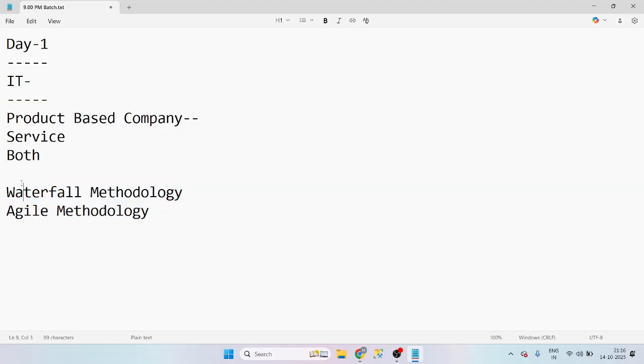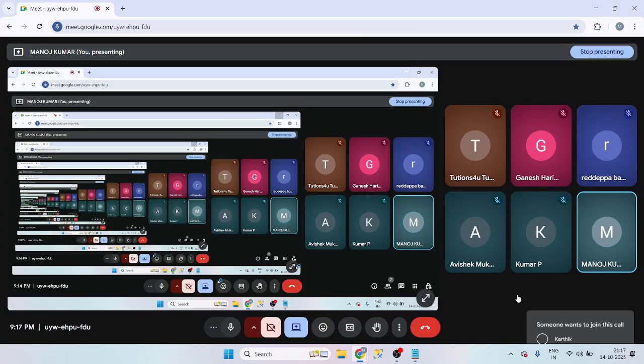You can ask me another question like, Manoj, we have only these two? Absolutely not. The first one is called waterfall methodology. After waterfall methodology, we have some different types of methodologies also. We can say like a V model, and some other methodologies are also there. But those are not popular methodologies, and no one works in those types of methodologies. The first one, the most popular, is waterfall. After waterfall, we are working on